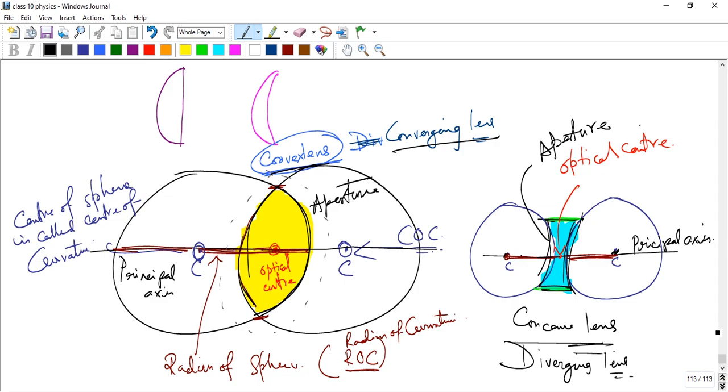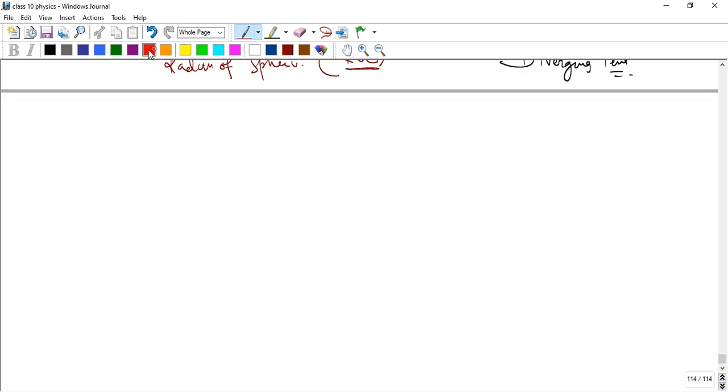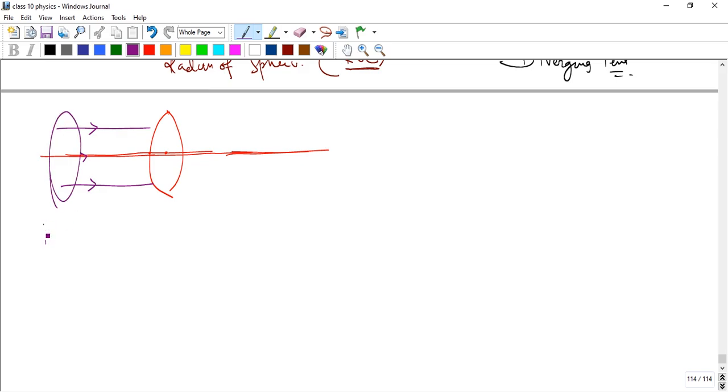That is very important. If I consider a convex lens with its optical center, and the principal axis, and these incident rays parallel to the principal axis, when the incident ray falls on this surface,